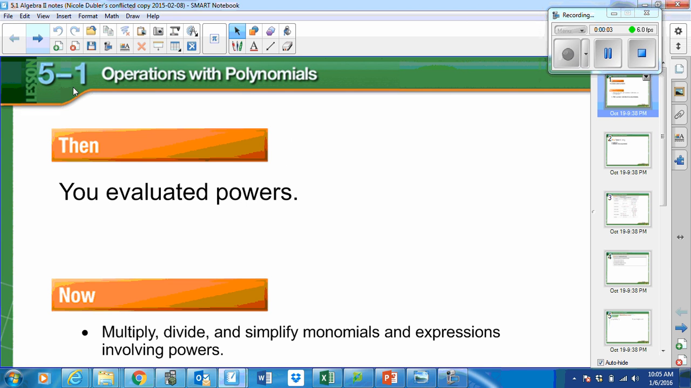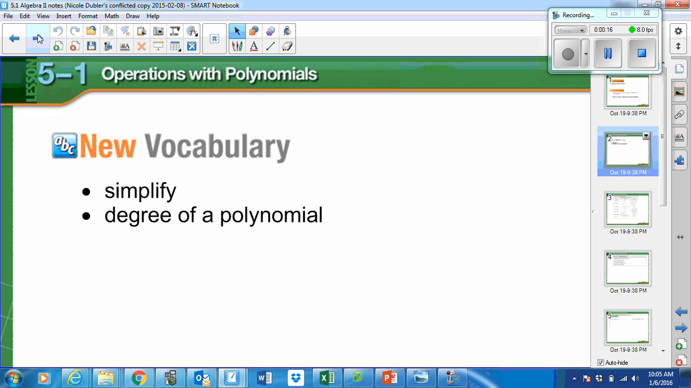In section 5.1, you're going to be evaluating powers of exponents. You've known how to do that, and so we're going to be reviewing it, and you're going to look at multiplying and dividing and simplifying monomials and expressions involving powers. Your new vocabulary is to simplify, which isn't actually new, you've done that lots of times, and